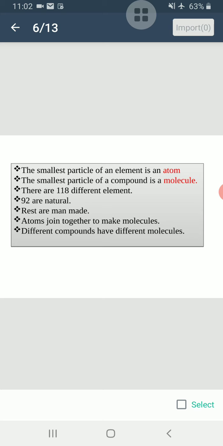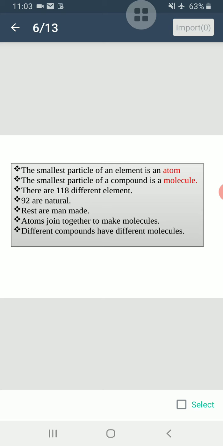What is matter made up of? The smallest particle of an element is an atom. Atoms are so small that they cannot be seen even by the most powerful microscope. The smallest particle of gold and iron is the atom, but the smallest particle of water is not a water atom. Why? Because water is made up of two different kinds of atoms. The smallest particle of water contains two atoms of hydrogen and one atom of oxygen. These form one molecule of water.